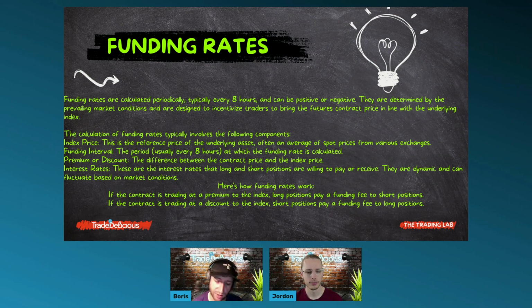Exactly. And so the basic idea is to bring balance to the market. Let's just say Bitcoin is going on a crazy run. It's not right now, it's kind of going sideways, but let's say it's going parabolic and everyone's going long. The funding rate is going to be very high, and you're going to have to pay a high fee to hold a long position. That incentivizes people who perhaps want to short, maybe based on fundamental factors, to go short on Bitcoin, and even if they're wrong in their positioning, they're still going to get paid because of the imbalance of shorts and longs.